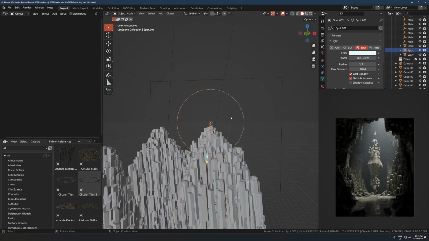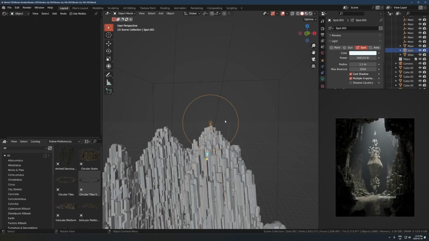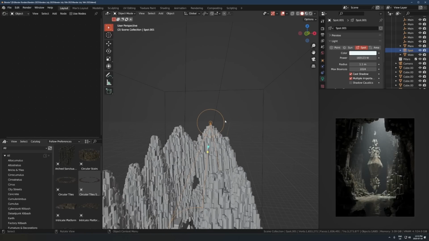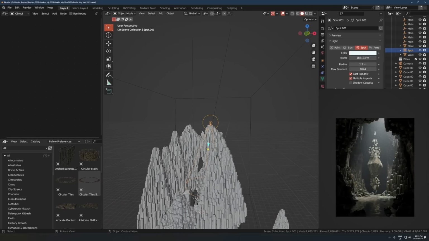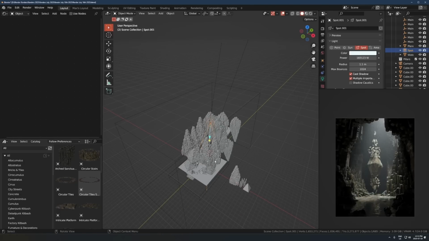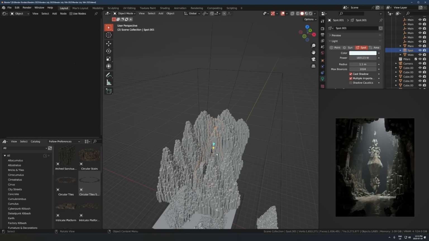With this, I didn't just add it here and then it was perfect straight away. I had to move it around a few different times, try different angles, and find a spot that worked best. And this is what I came up with. Don't think that I just put it in here and it was done instantly. But working with one light at a time means that it's going to be a lot easier to find the perfect spot for each light, versus